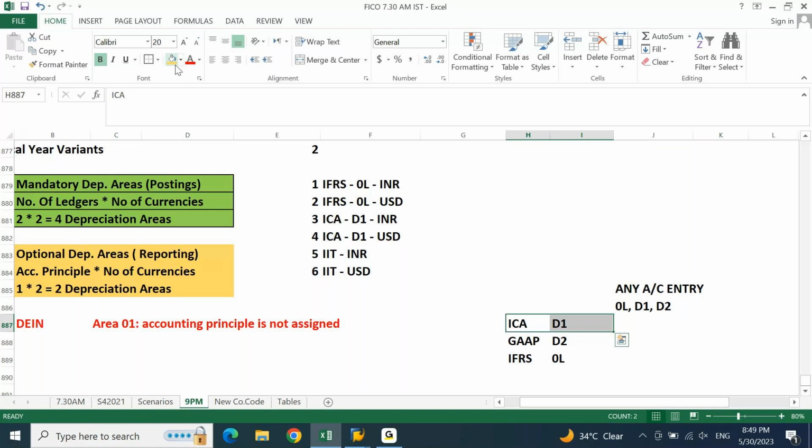Valid requirement or not? Valid, sir. I want to pass an adjustment entry to represent proper values according to Indian Companies Act. Then this adjustment I want to reflect only in the D1 ledger. If this entry is reflecting into D2 or 0L, the values in those ledgers will go wrong.